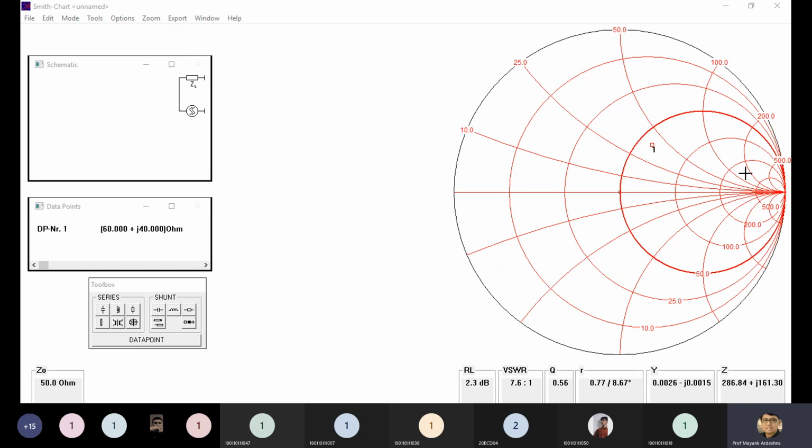When you press it, you can see a point is located on the Smith chart, and this point is mentioned with a number. Yes, sir. Okay, what is this point? It's the normalized load impedance. They just divide ZL by Z0. Whatever value you get will be located over here. They directly locate this value.